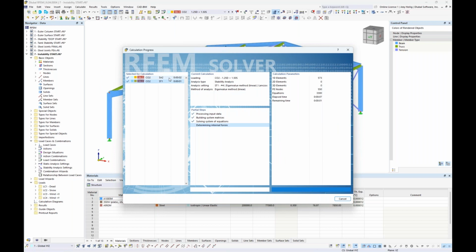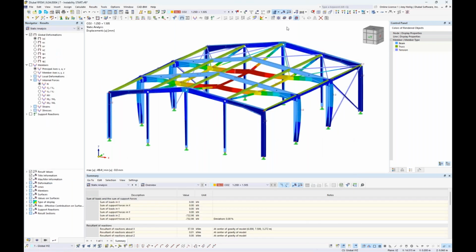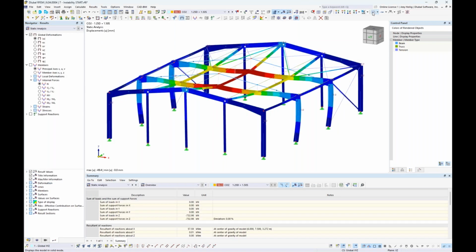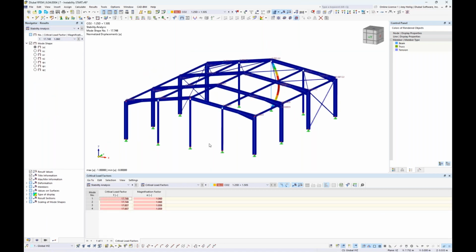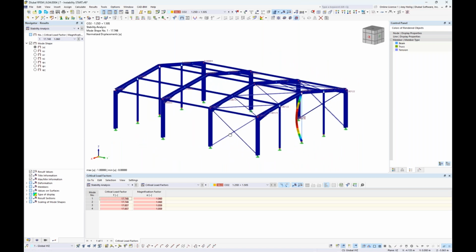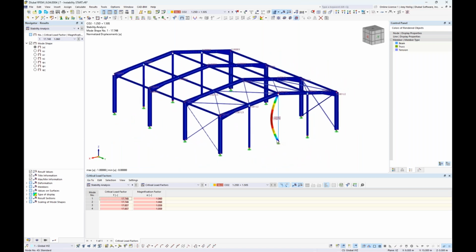And sure enough, we see the calculation carry out just fine. We can turn this into wireframe view. So we see all of our static analysis results. And we also toggle down to the stability analysis. Now looking at the first 4 mode shapes, we still have buckling here of these columns, but the critical load factor is now